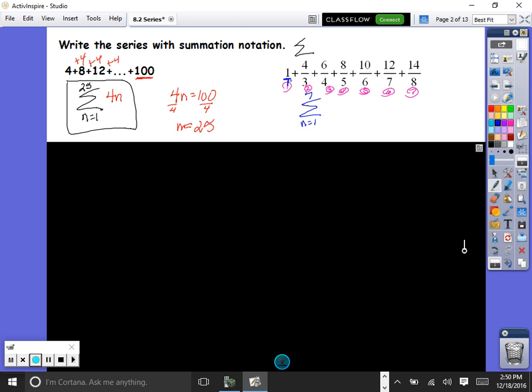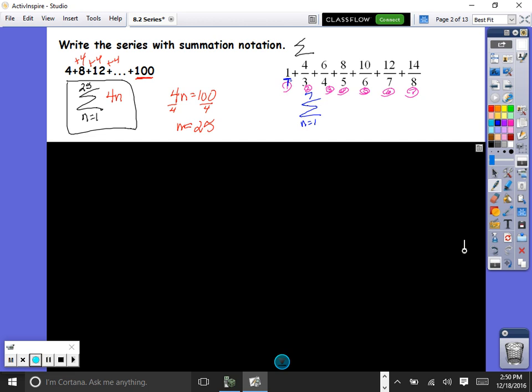Am I consistently multiplying? 1 times what gives me 4/3? 4/3. Is 4/3 times 4/3 6/4? Again, no. So I don't have a geometric series either. So this is neither arithmetic nor geometric, but maybe I can generate a rule for the numerator and a different